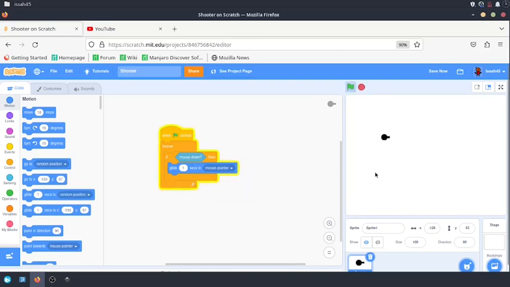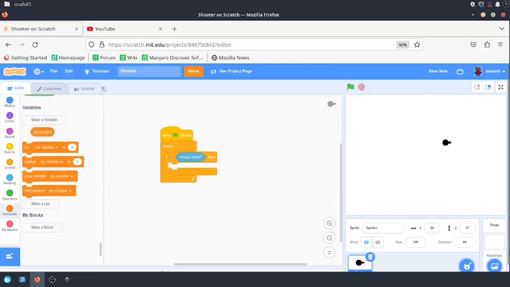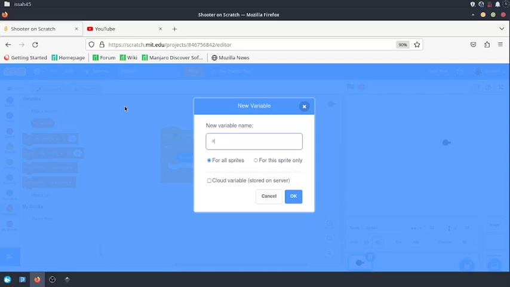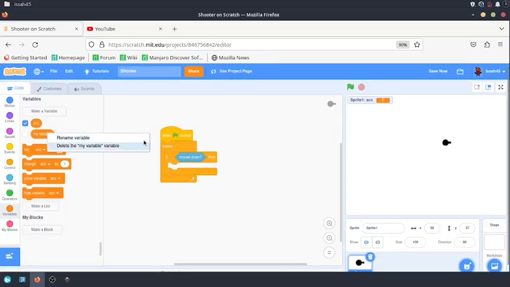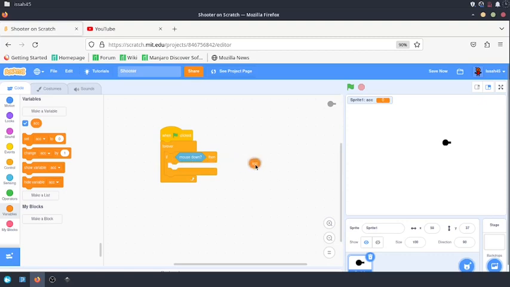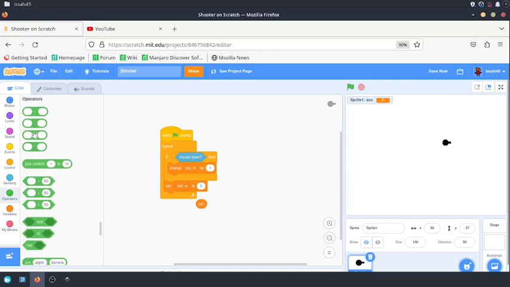That's fine and all, but it doesn't really look too good. So I'm going to make a variable called acceleration, or just ac, lowercase. I'm just going to delete this my variable since we don't really need it. So if mouse down, change acceleration by 1. And here I'm going to say set acceleration to acceleration multiplied by